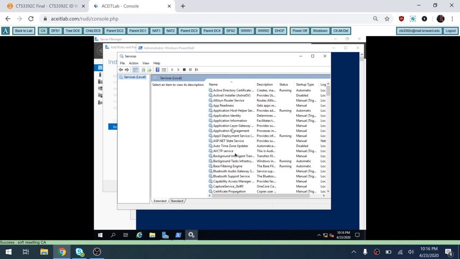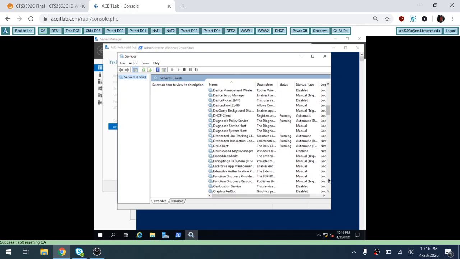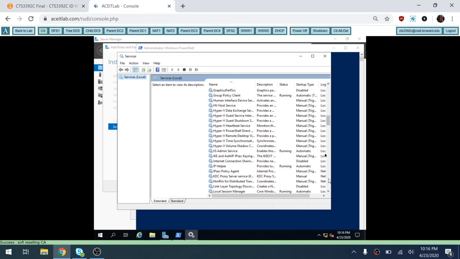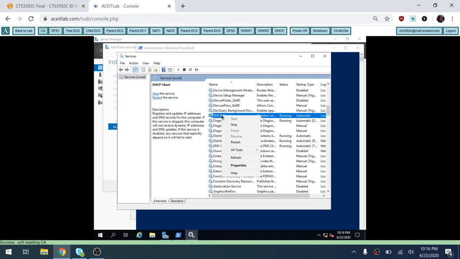So basically when you run a service, and let's pick a service that's installed here, just for a lack of a better one, I'm going to choose this DHCP Client. This is a piece of software that runs, so when you boot up your machine, it'll automatically go grab an IP address. So I'm going to go to Properties,